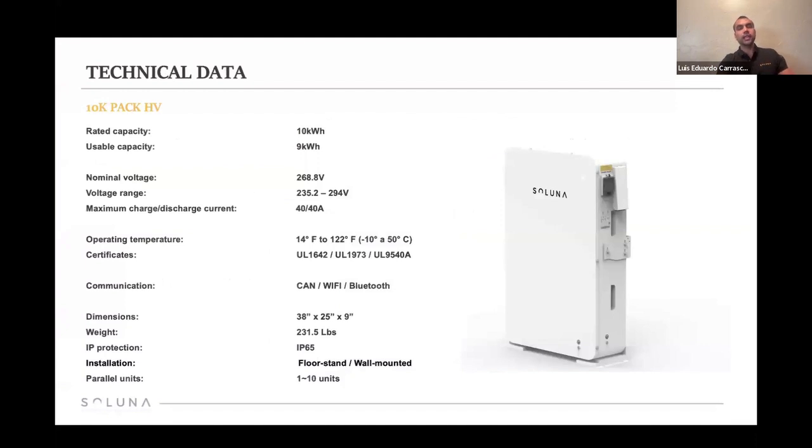And this is the technical data of the 10K. The usable capacity is 9 kilowatt hours. The nominal voltage is 268.8, and the voltage range is between 235.2 and 294 volts, with maximum charge and discharge of 40 amps each. As I mentioned, the operating temperature is 14 Fahrenheit to 122. And it has all the UL certificates: 1642, 1973, and 9540. Communication is CAN, and we have a list of inverters that we are compatible with for closed loop communication. Wi-Fi for monitoring, and now they also come with Bluetooth. The weight is 231